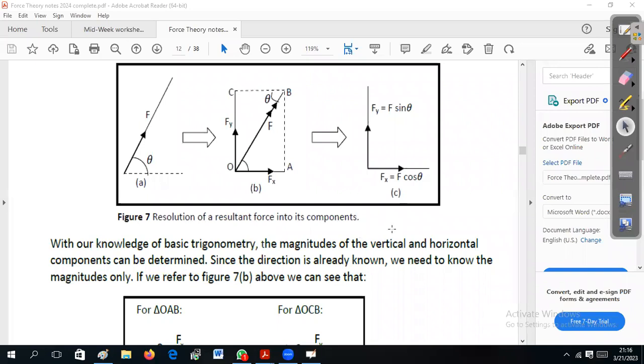If you are really new and if you are kind of feeling difficulty in vectors,